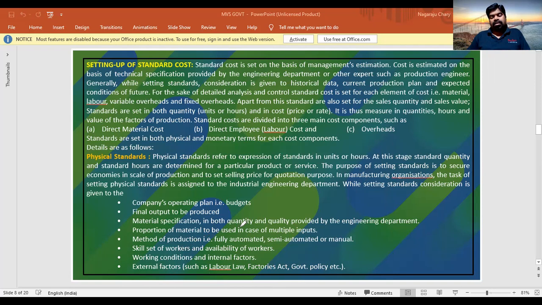So with all the observations and all the factors taken into consideration, only then can the engineering department set up physical standards. Otherwise, they will not set proper conditions. Okay, so let us see